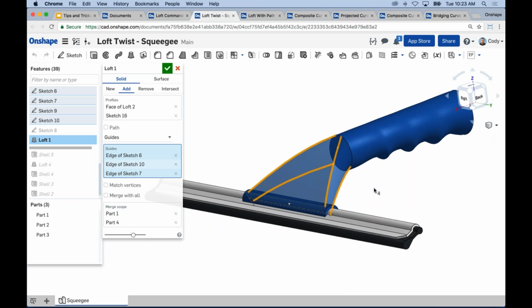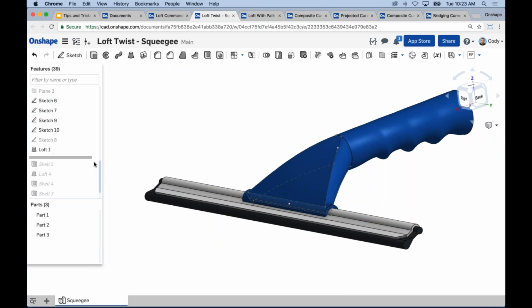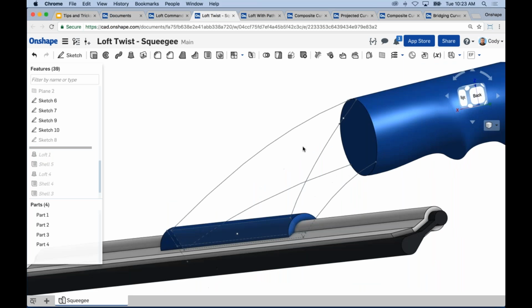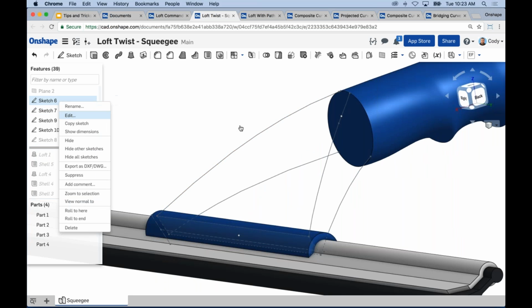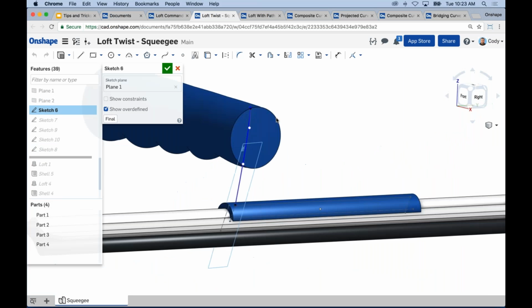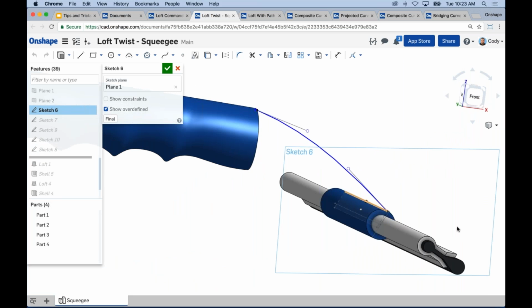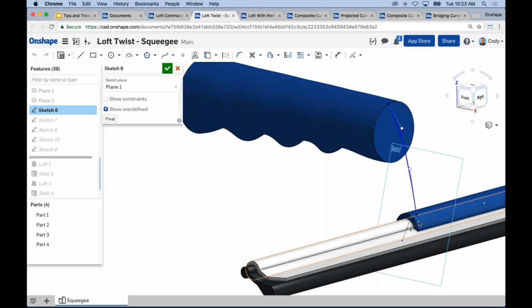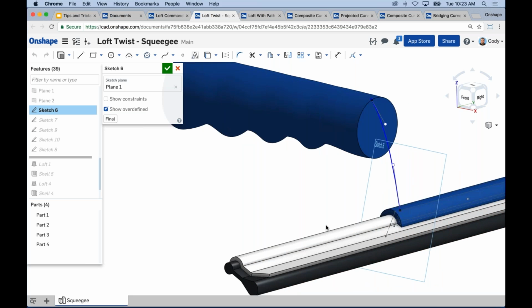So I have these guides that have been constructed really of just simple sketches. So let's take a look at them, right? Let's roll up here above loft 1, and you can see each of the guides that were created. If we take a look at one of them, it's essentially just a spline between each profile on a plane created by the 3 points in my circle and 2 points on my rectangle. So a 3-point plane. A very simple, very basic example of a guide where it's just essentially a spline